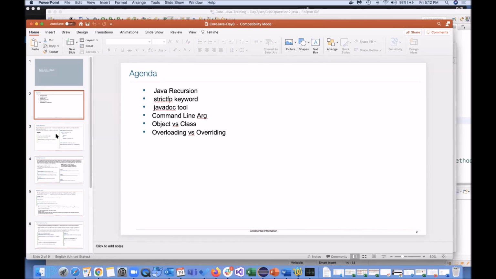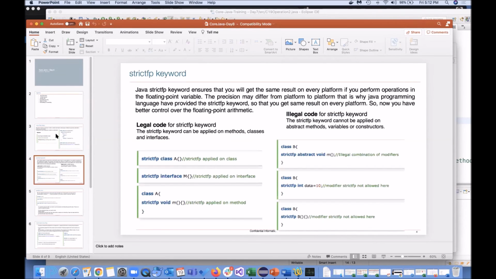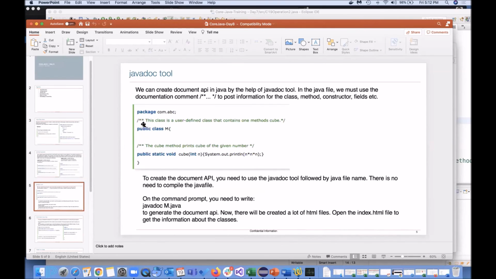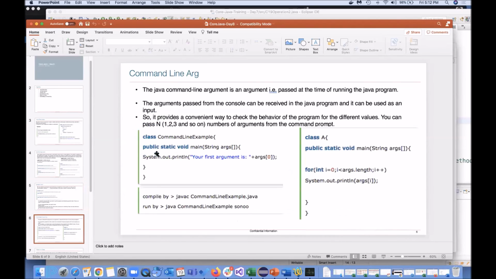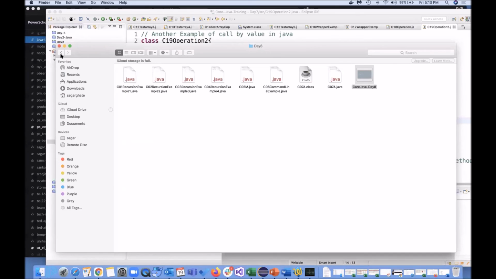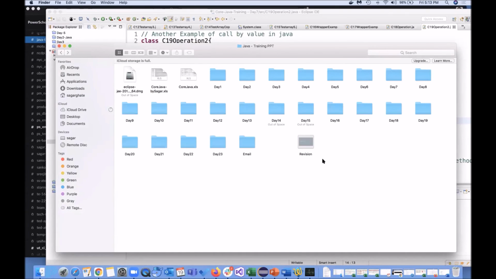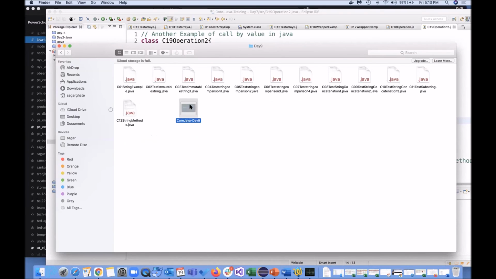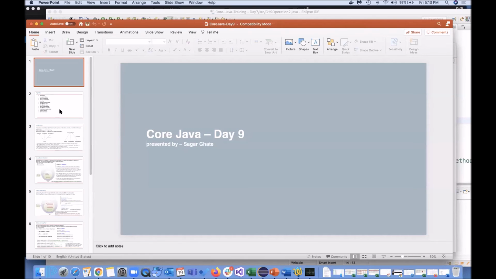Majority of things we already covered, so these theories are there, and this is your documentation covered, slash and double star. Command line argument also we will be seeing, and whatever you're passing here, this argument is known as a command line argument. I believe we will be able to complete this in the next session. Apart from this, there are very small programs, 4 to 5 programs, maybe we can start this also in the next session.